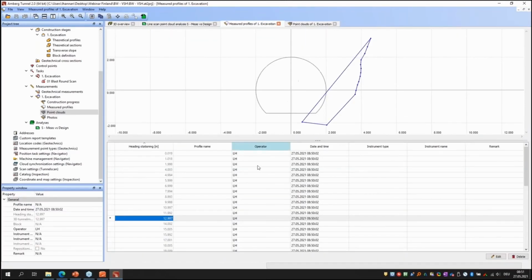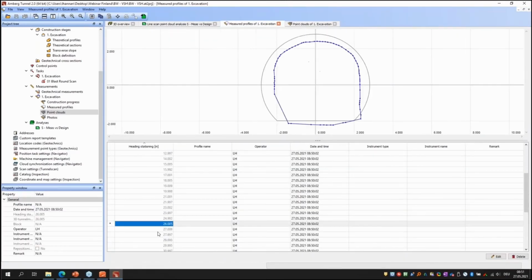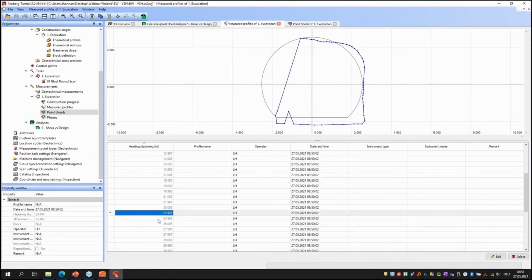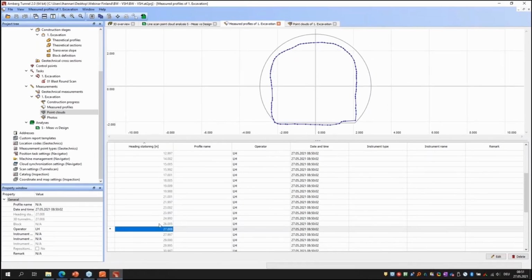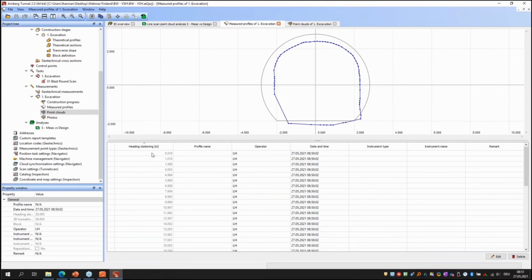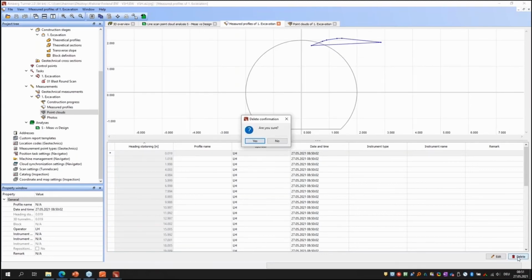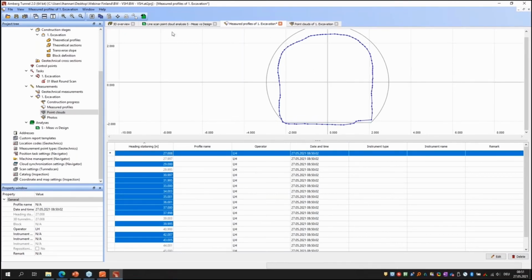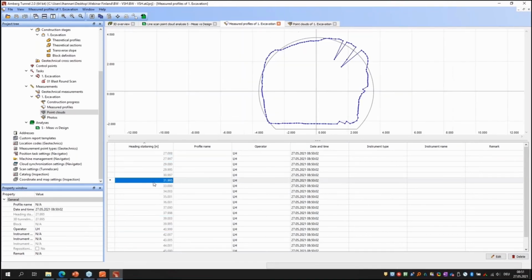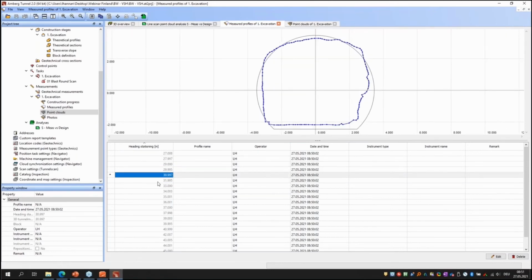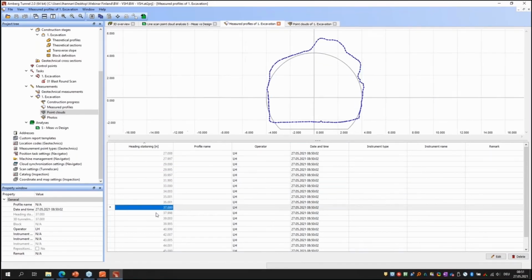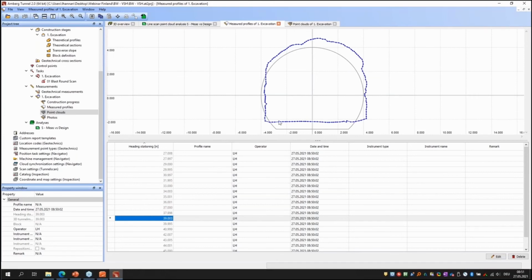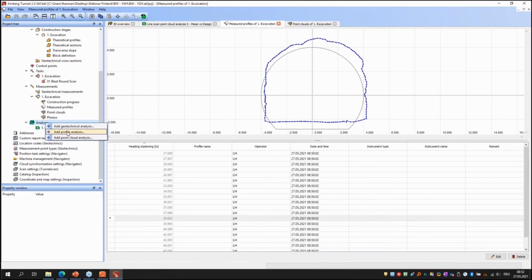So I can go to the editor and maybe go down as far as where data is meaningful, so I can select all of this data and delete. And now we have the profiles here. Now that we have profiles in the profile editor, we can come back to the analysis and create a